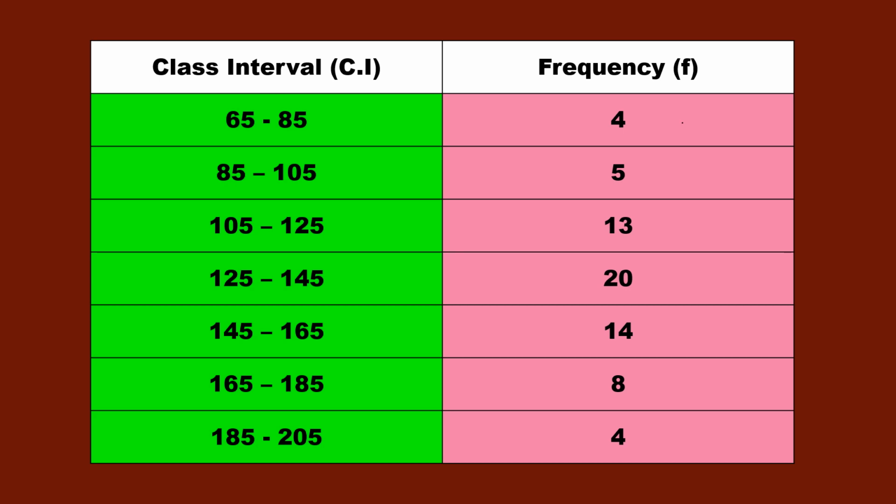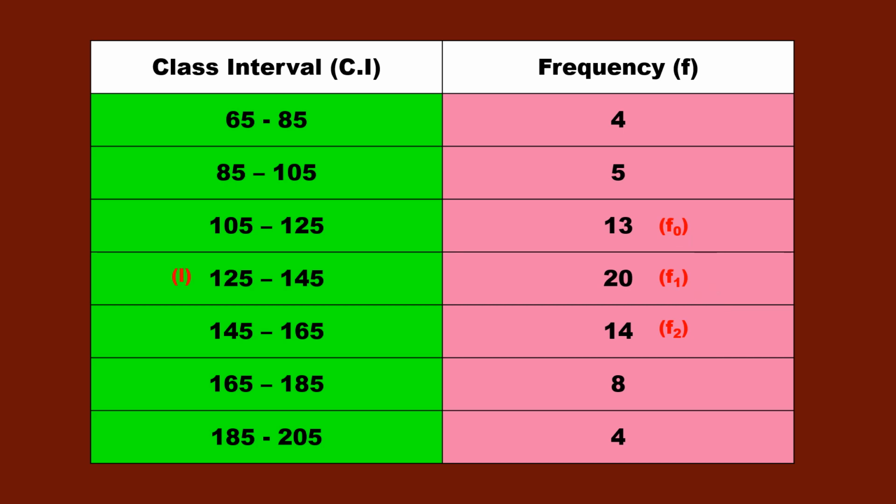So check the highest frequency value here. It is 20. Whatever is the highest frequency is given as the first rank, means we can say it as frequency F1. Wherever you have F1, its class is called the modal class. We are discussing mode here. So wherever you have the modal class, you will have a lower limit. So its lower limit is L. Now the frequency before F1 is given as F0, and the frequency after F1 is given as F2.